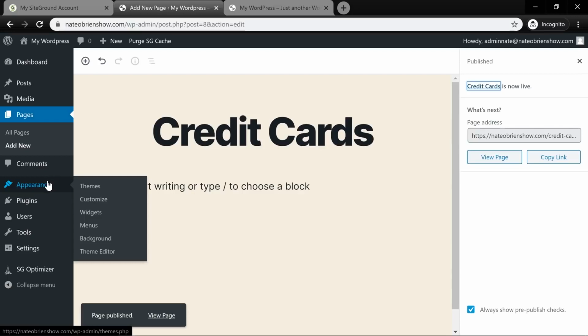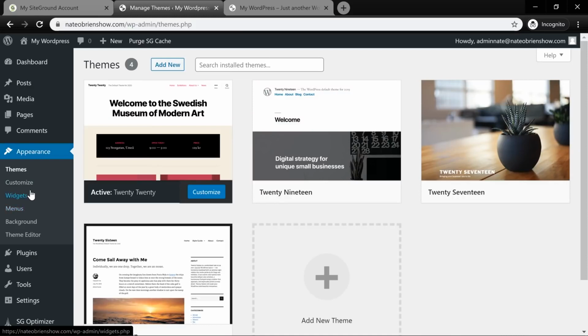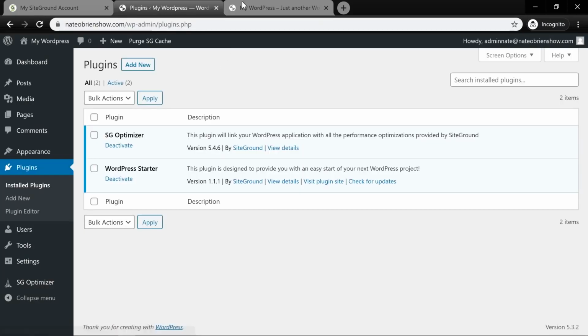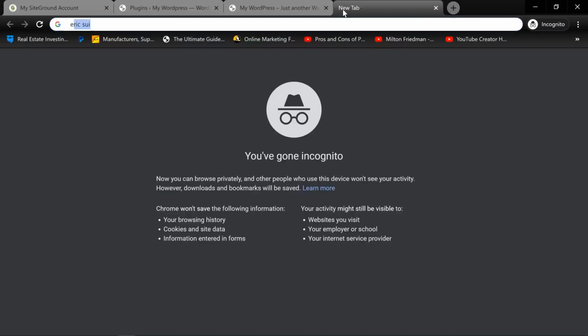And then if we want to change our themes, if we want to change the appearance here, we can add some plugins, for example. So if we go to plugins here, or if we go to Elementor,